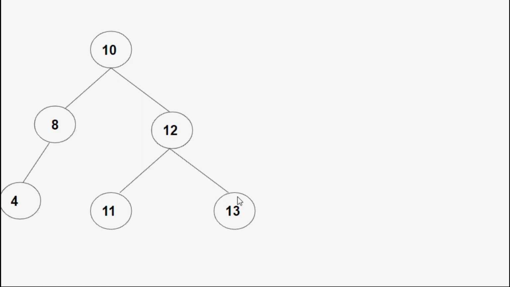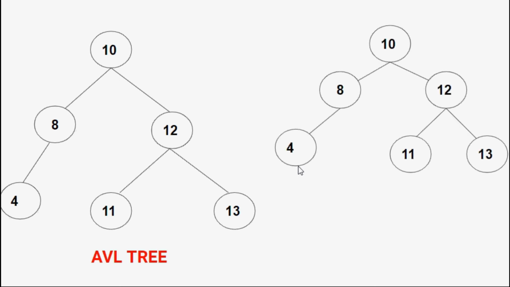Okay, now let's take another example. So this is a random tree. Till this point we have the same tree. Now we have added some extra nodes to this tree. When you calculate the balance factor, let's just calculate the balance factor of 10 only. I am not going to discuss that for each node, because in the next example we'll do that. Right now we will just look at the factor.